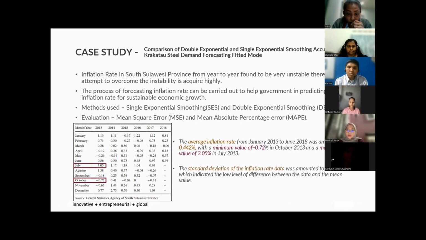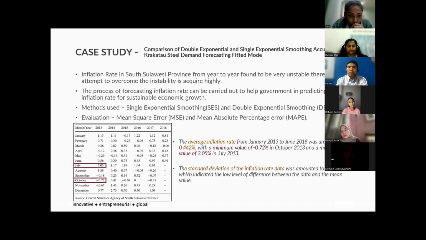Okay, so this case study actually applied a quantitative approach, whereby they have collected data for 66 months from January 2013 to June 2018. Basically, inflation is also an indicator for the economic movement in the city to provide information about the increase in prices for goods and also services in general, which are considered to be basic needs of society. So if we can see in this table,